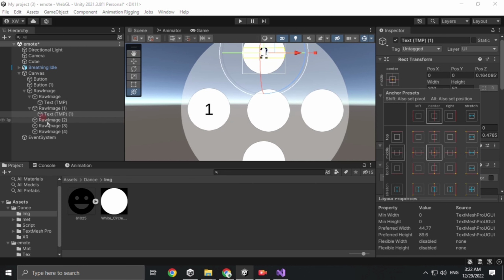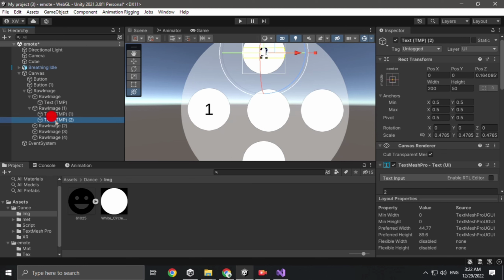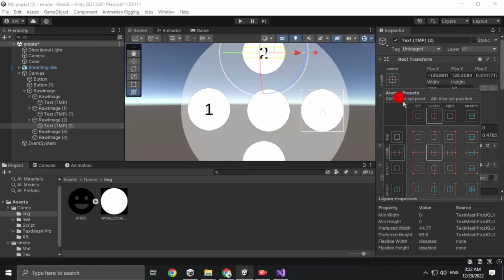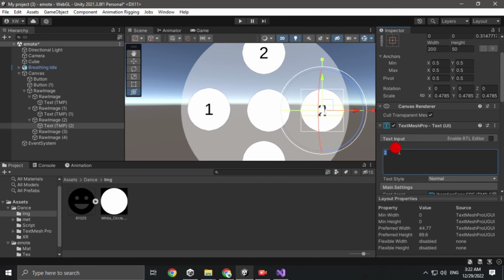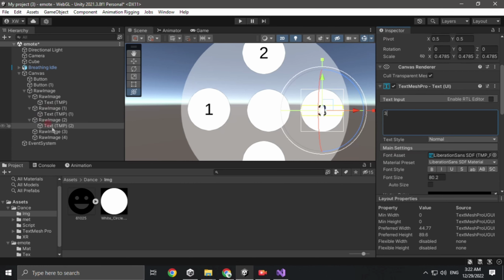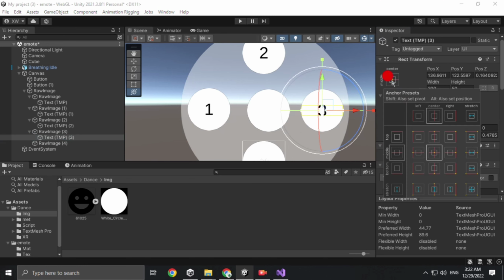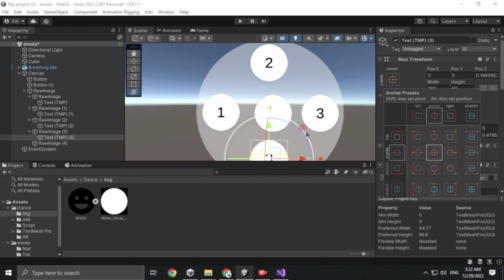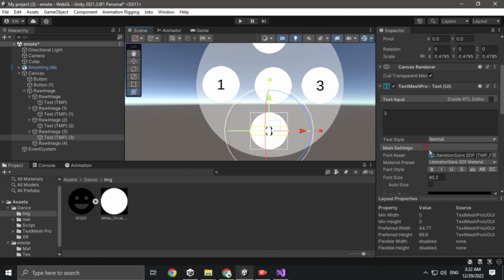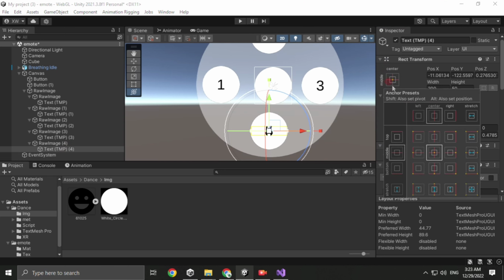So this is for the second one, and again Control D, duplicate it and bring it for the third one. Then again go here and Control Alt center. So here for the third one, you have to delete this one and write 3, and then Control D, duplicate here, again go here and Control Alt center, and this is for the fourth one, and then again Control D, duplicate it, bring it here, and this is for the fifth one, just go here and